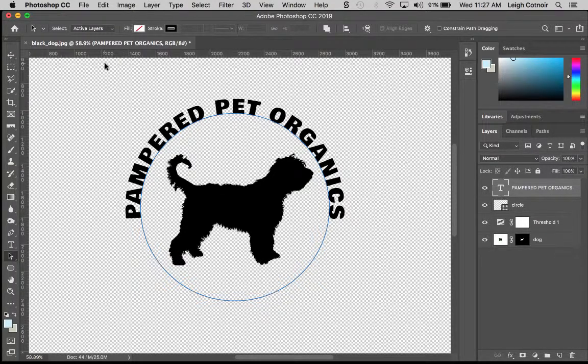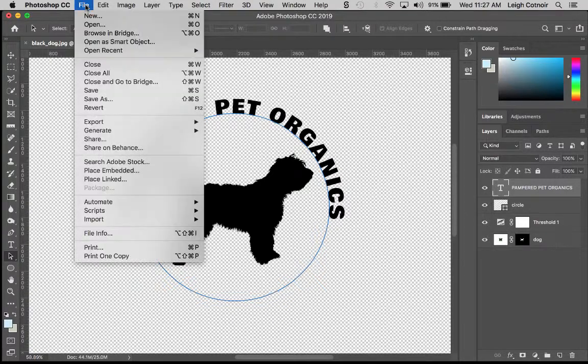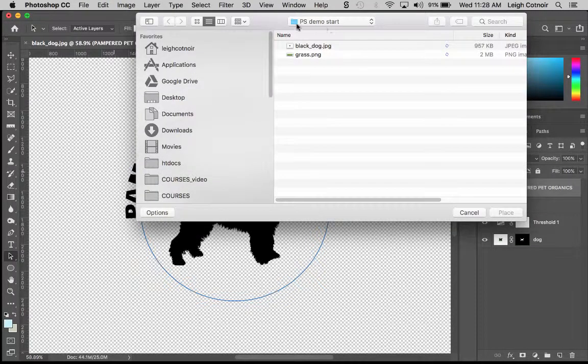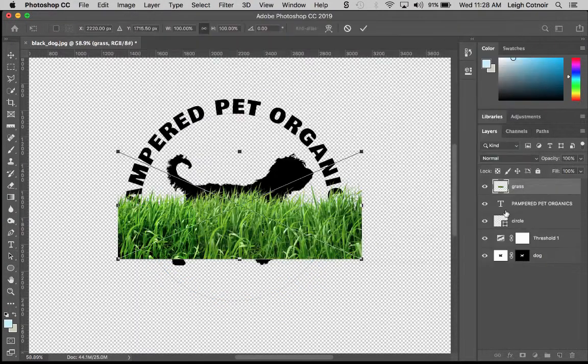All right, so I'm going to tell you to go up here to File, and then go to Place. You can either do Linked or Embedded. For right now, we're going to stick to Embedded. It's a little bit simpler. This tutorial is very short, so we're not getting into smart objects. So we're going to place Embedded. And we're going to look in that same PS demo start folder, and we're going to choose this grass.png file,